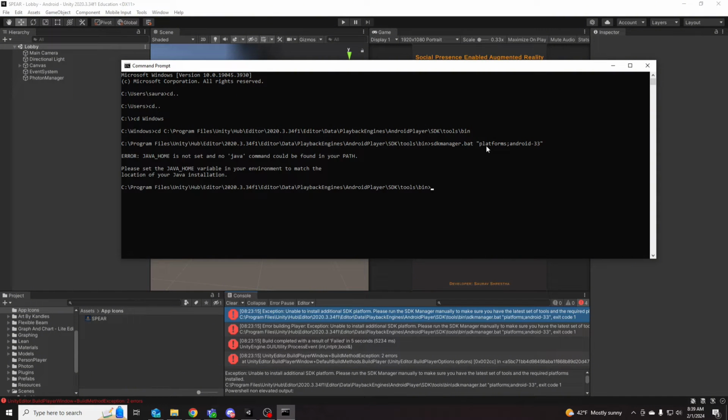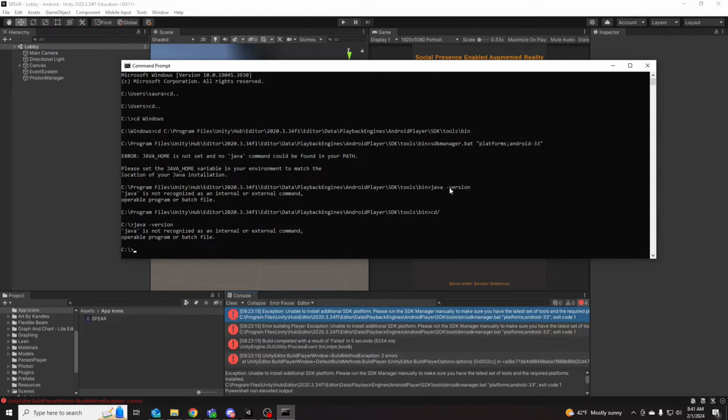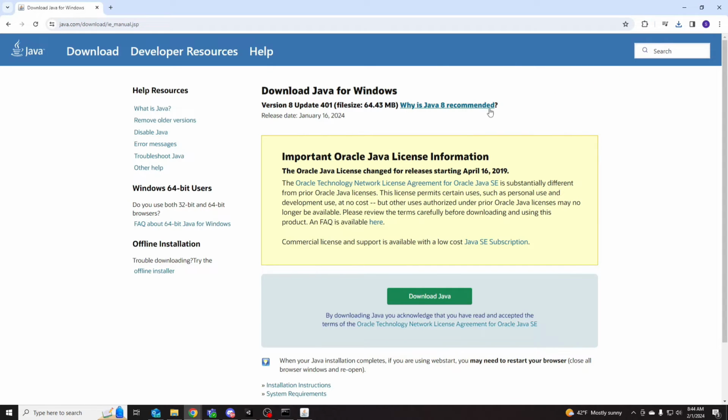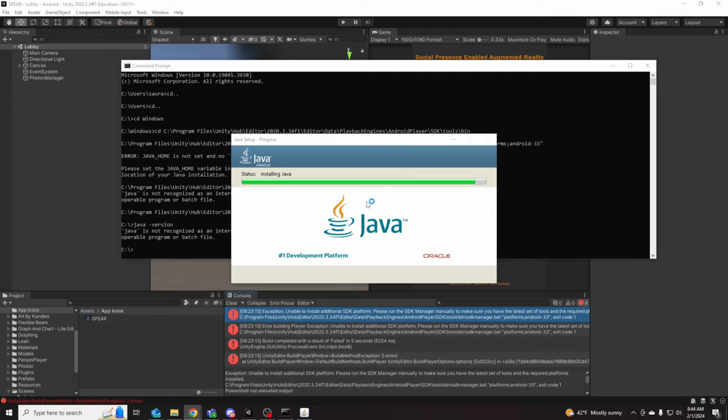Now we got an error. Let's now address another potential issue, which is if you encounter an error in the command prompt indicating that Java is not recognized, it's likely that Java is not installed on your system. So we can confirm this by typing the relevant command and if necessary visit java.com to download and install the